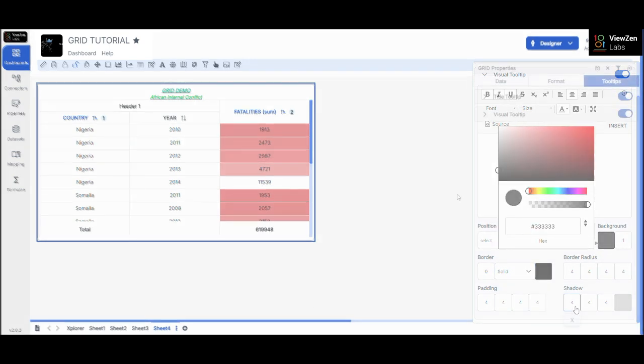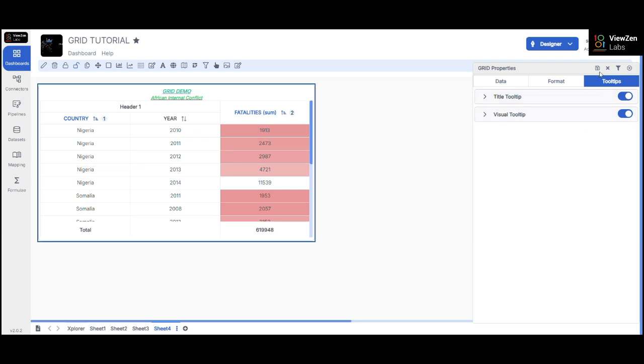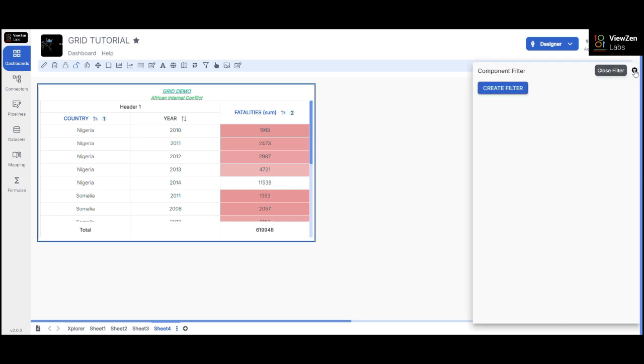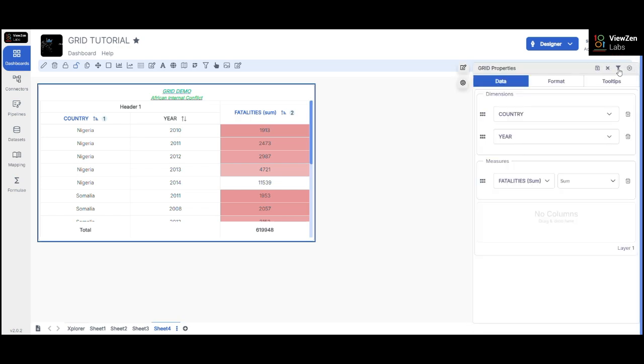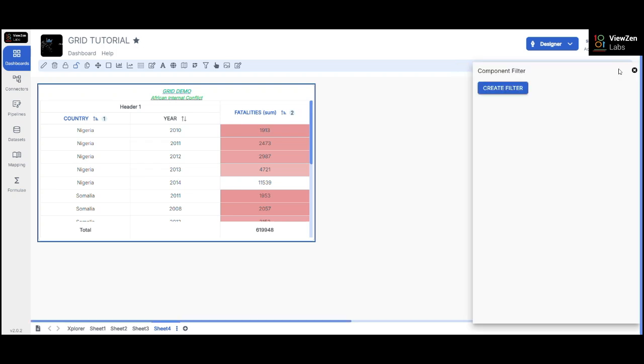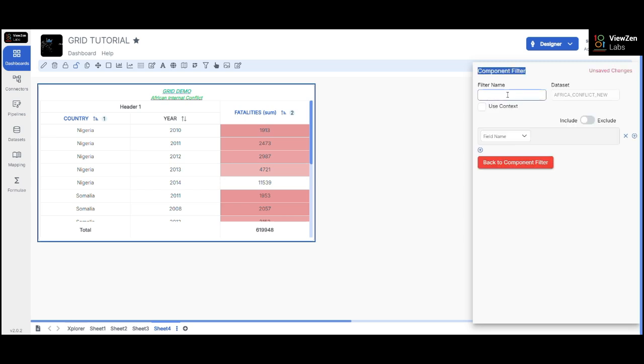Furthermore, if we need to filter the dynamic data that is displayed in the grid by appropriate conditions, we can use the filter option. The filter option can be accessed from the top right corner of the Properties pane. Once we click the filter icon, it will open the component filter pane with a Create Filter button. To create a filter, click on the Create Filter button and then enter the filter name and select the field